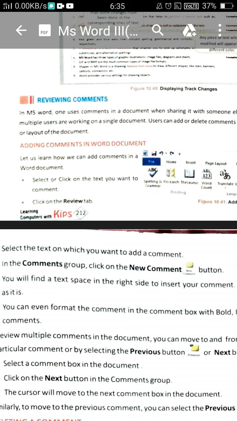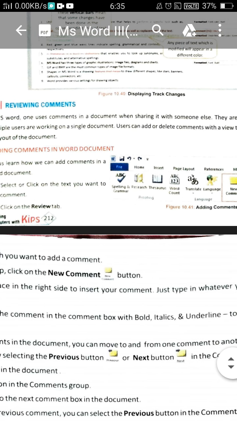So whoever is editing can put a comment on that document, and the comment can be bold and it can be moved to the next one or the previous one.